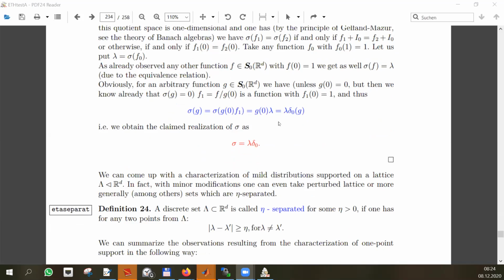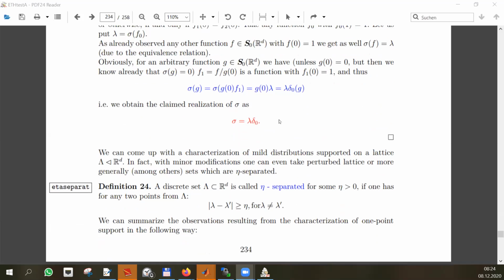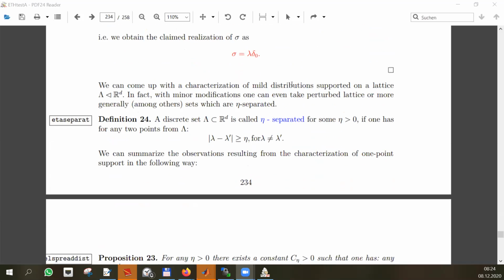Now this is a local result, only a single point, and therefore I would like to extend it, because it's very useful and important, to more general situations. These more general situations cover the case of lattices. So a discrete set which is obtained by applying an invertible matrix to the standard lattice, the integer coordinate system, is a special case of what I'm discussing now, because I would like to give up